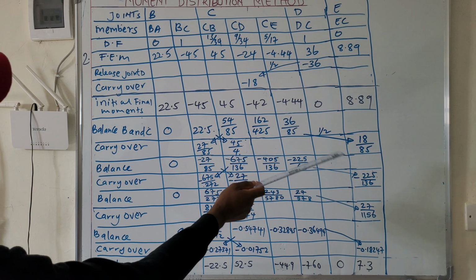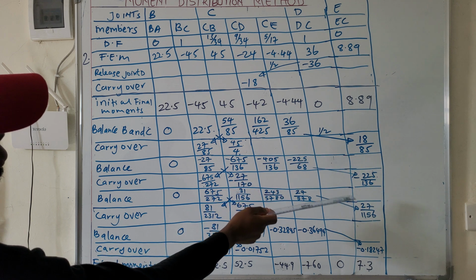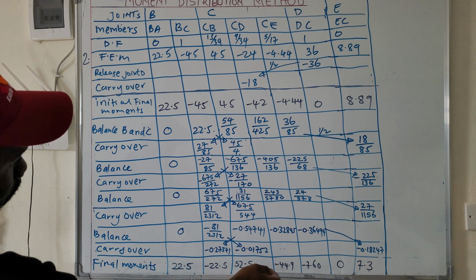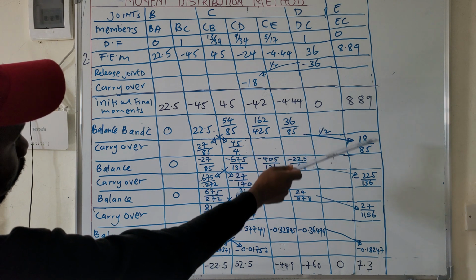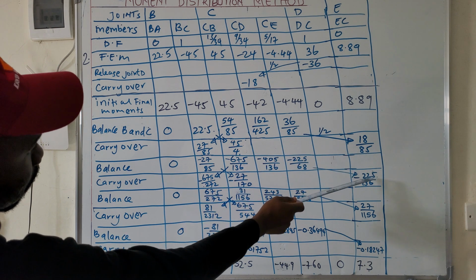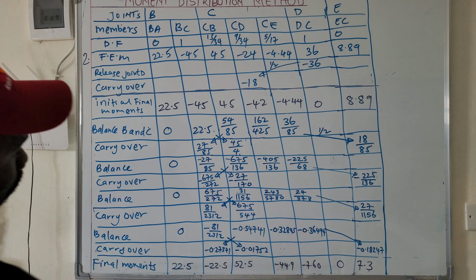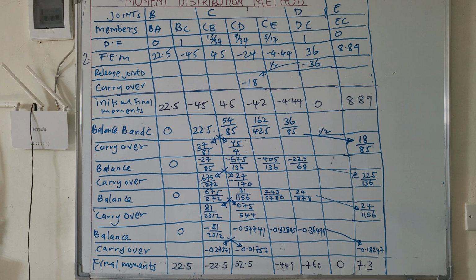You come to this. 0 plus 0 plus 0 plus 0 plus 0 plus 0 plus 0 plus 0 plus 0, you get 0. You come to this one. 8.89 plus this plus this plus this plus this, you will get 7.3. So this is our final moments. And if you want to prove your answers, if it is correct or wrong,